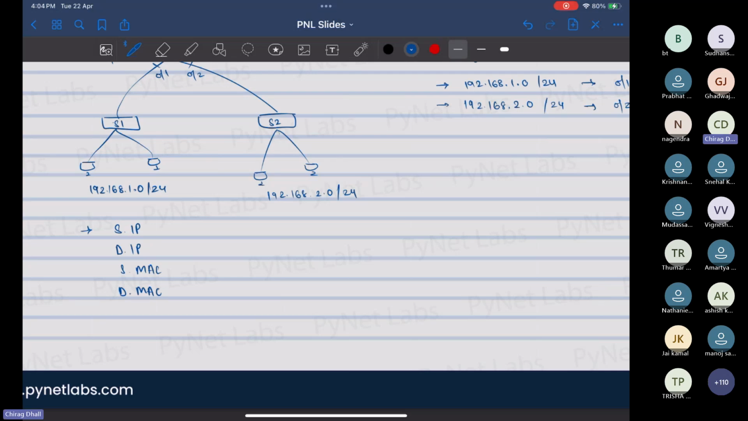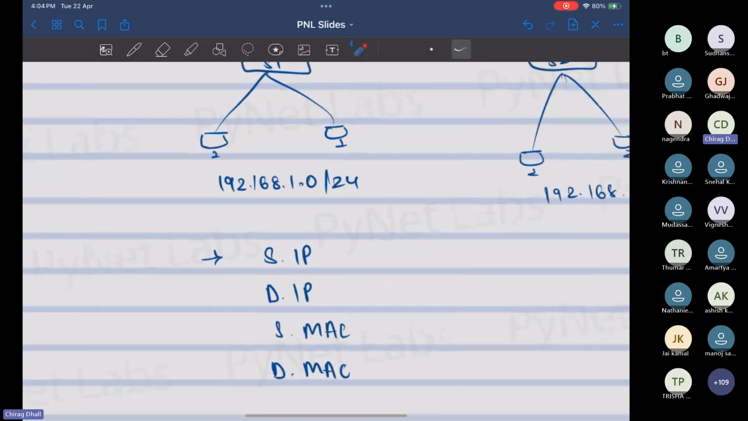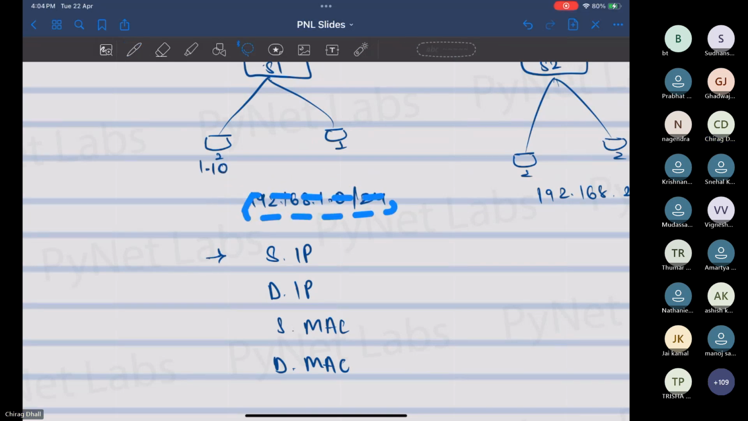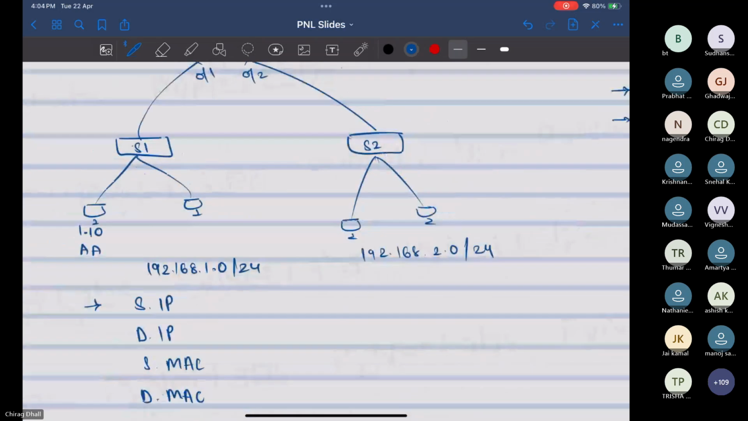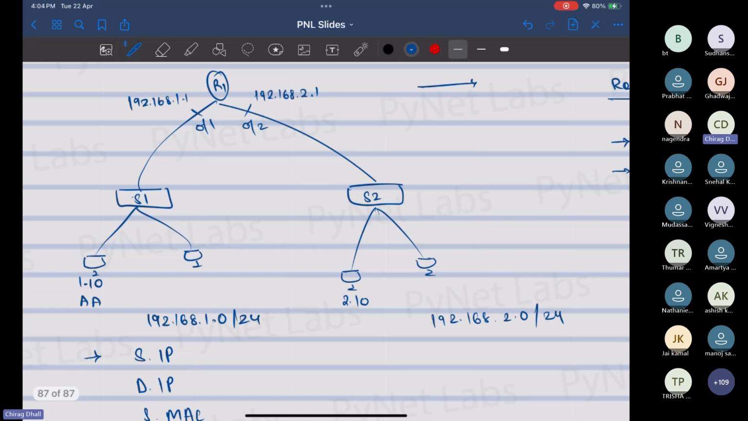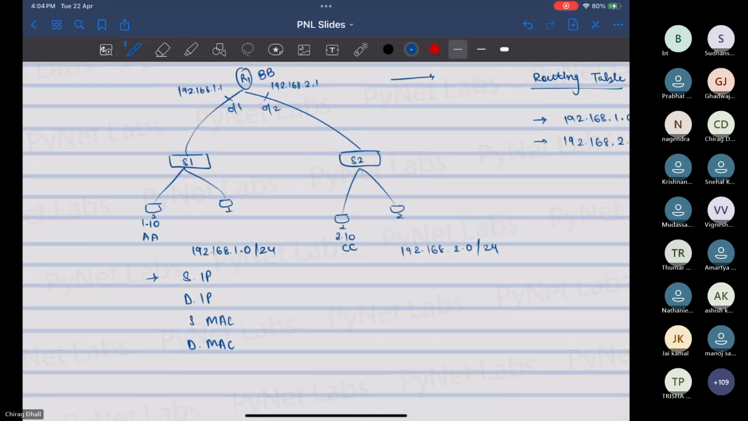Okay. So we have discussed that I want to send traffic from this PC to this PC. Now assume that the IP of my first PC is 1.10 and the MAC address of my PC is AA. Then the IP of my second PC where I want to send the traffic is 2.10 and the MAC address is BB for the router and CC for the PC. You guys tell me